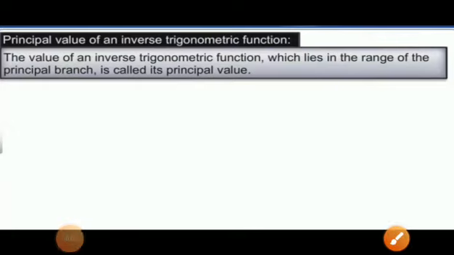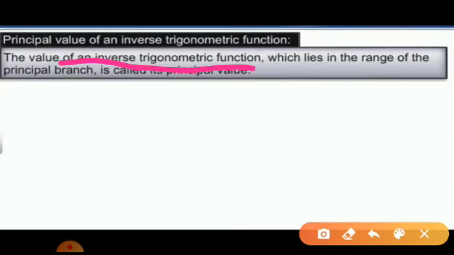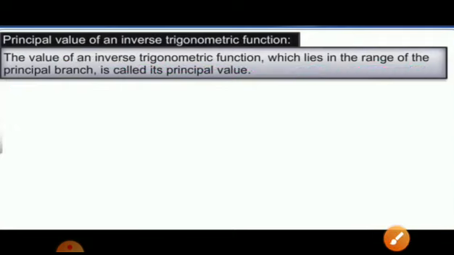Hello children. In the previous video, we started a new chapter, inverse trigonometric functions. In that, we saw what the principal value of an inverse trigonometric function is. The value of an inverse trigonometric function which lies in the range of the principal branch is called the principal value. Or we can say that it is a range that deals with the principal value branch of a given